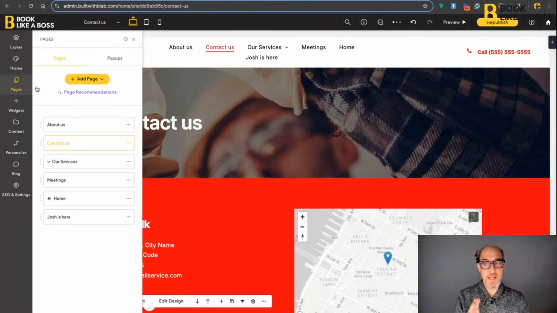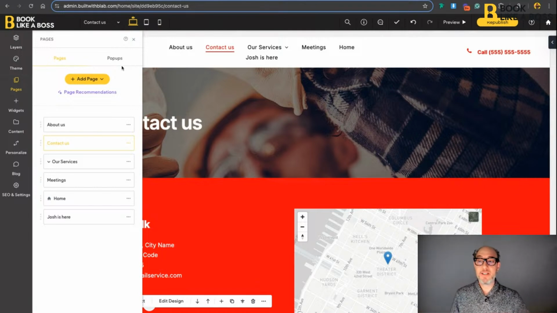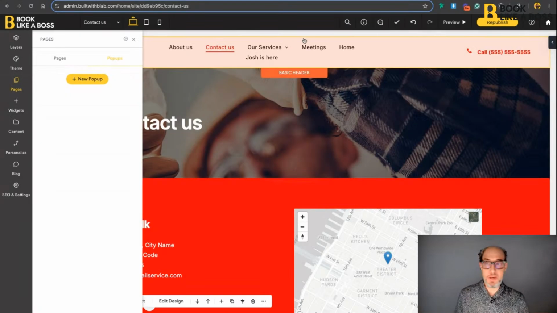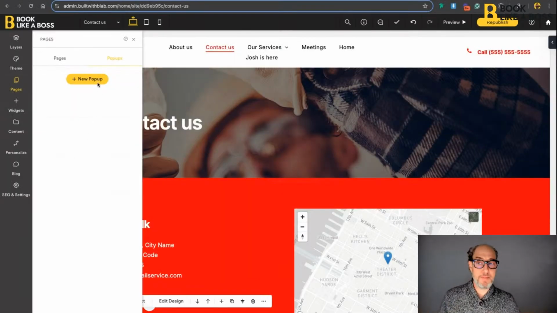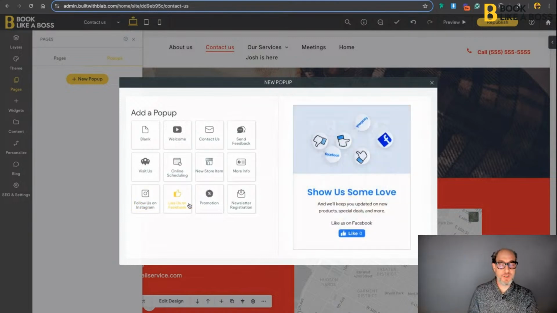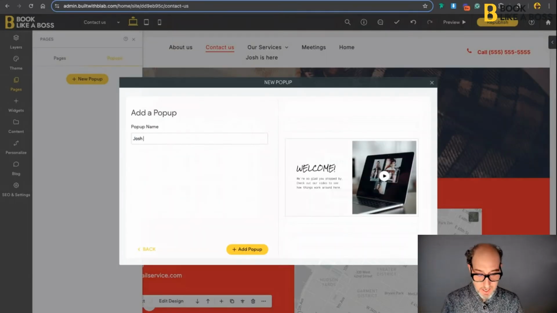Okay. Also contained within pages are pop-ups and pages. Now, something very unique in our platform is that we can create automated pop-ups, which people have seen, take 20% off or whatever you want. But if you want to have user-triggered pop-ups, you can also create those. So if I click New Pop-up, I now am presented with 12 beautiful options, many pre-designed and also blank. I'm going to choose the welcome, and we're going to call it Josh is Cool,